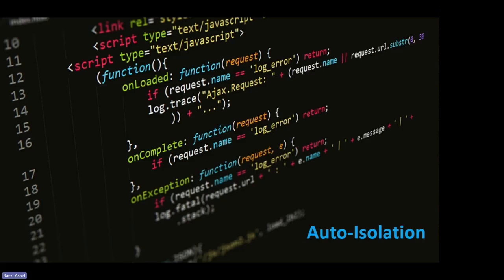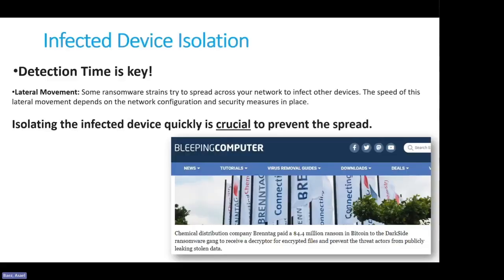So again, isolating the device becomes the main choice, the best option in those types of scenarios. So why do we have to wait till we get to investigate instead of having an automation to make that happen? This is what usually happens.